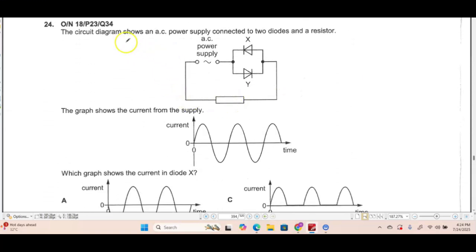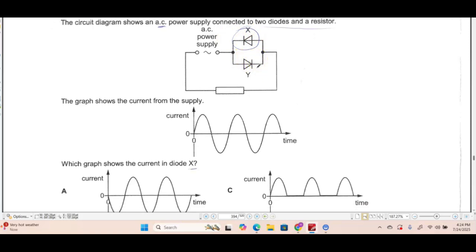Okay, question number 24. A circuit diagram shows an AC power supply connected to two diodes and a resistor. The graph shows the current from the supply. Which graph shows the current in diode X? Now, this is going to be an AC power supply, so it's going to be changing directions, but when it reaches X, it won't be able to change its direction. So when this happens, we will get a graph